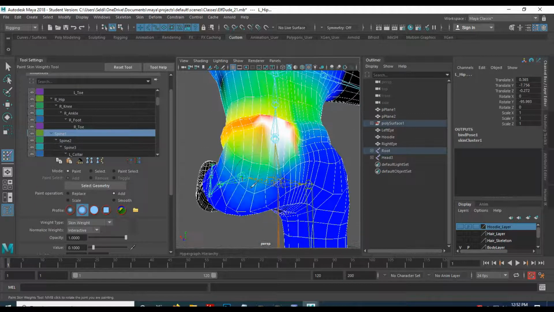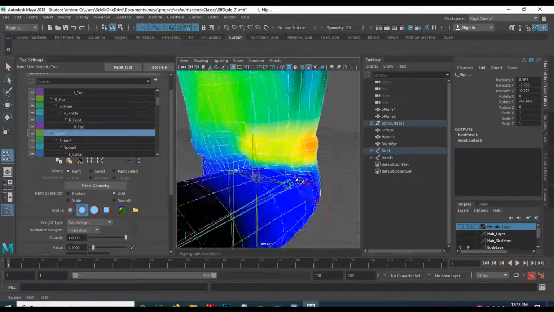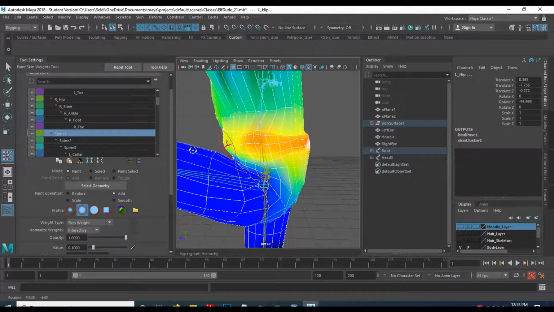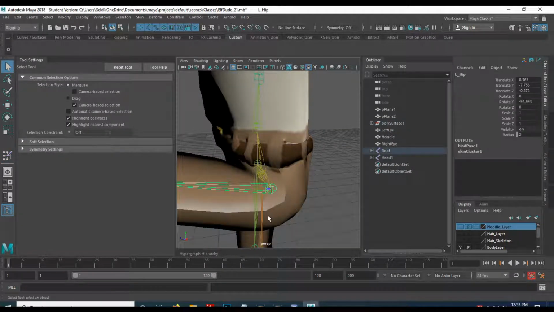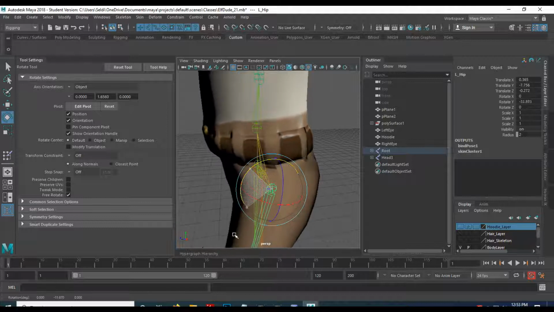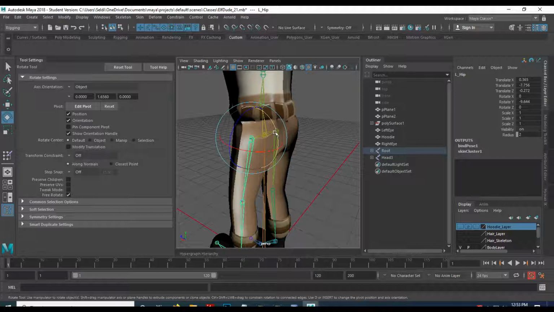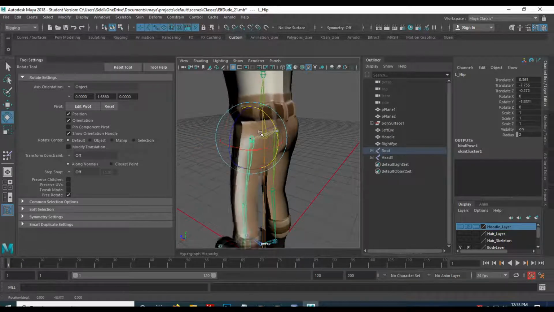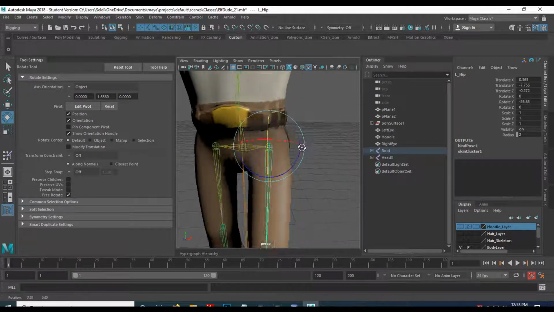Down here I'm doing a smooth by holding down the shift key. Hit Q to get out of that. I'll select the hip and I will rotate to see how it changes. So the belt isn't moving as much, which is good. Again, this would move a lot less if we made the belt as a separate piece, but it is part